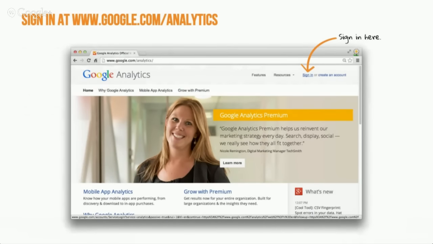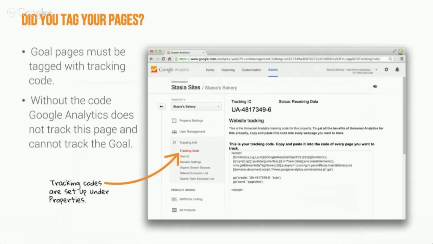So let's go in. Let's sign into google.com/analytics. We've redesigned our homepage, so it may not look the exact way that you see it here, but if you come into google.com/analytics, click the sign in button, and you can get started. Everybody knows the first thing that you do with GA is you take our tracking code. It's simple JavaScript that you can put in the header of any of your web pages, and you put that across your web page in the header of your HTML so that you know that you're getting tracked and every visitor counts. So goal pages have to be tracked with tracking code. Otherwise, we can't tell you if that goal was reached. Without that code, we can't even track the page.